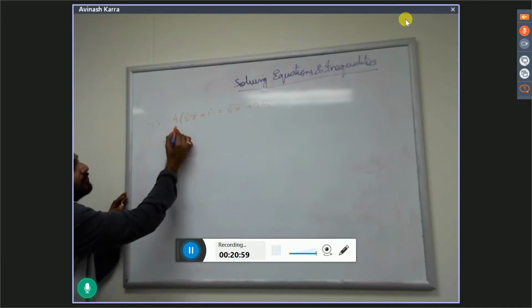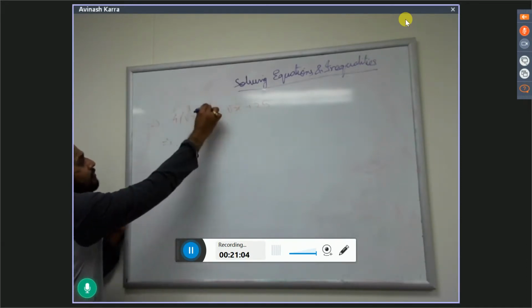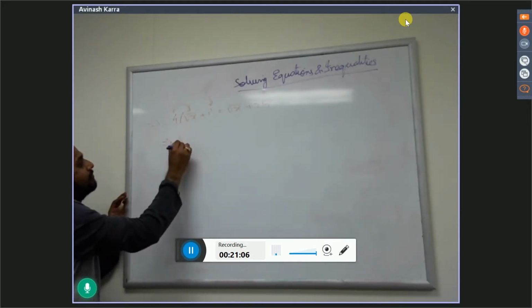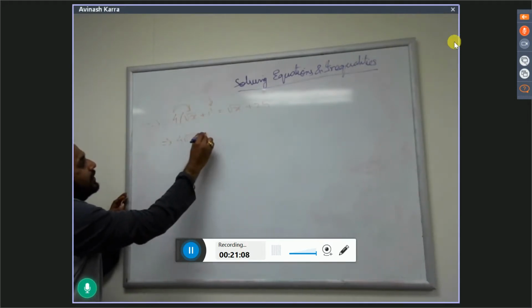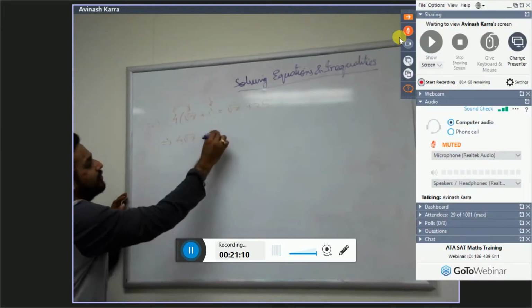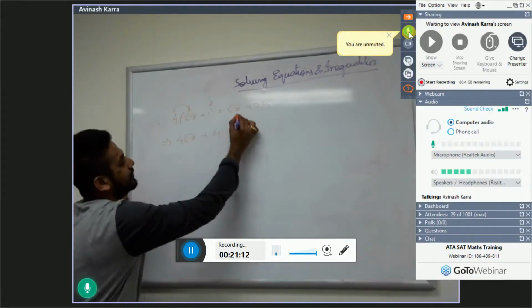When I simplify this LHS, what does it become? 4 into root x, 4 into 1. So 4 root x plus 4 into 1 is 4, equal to